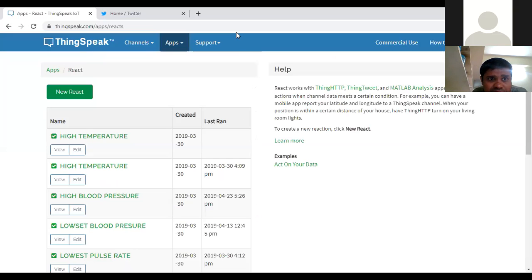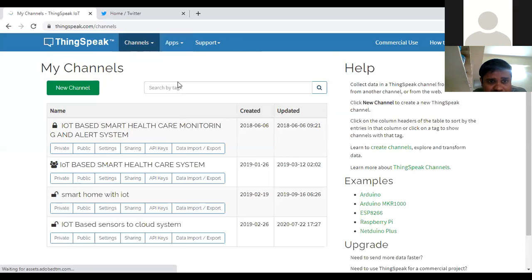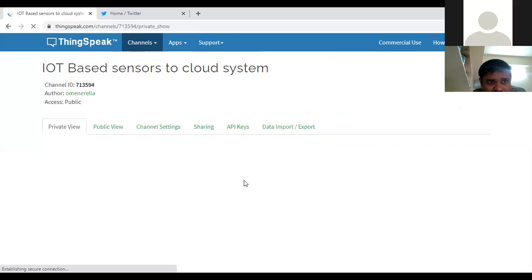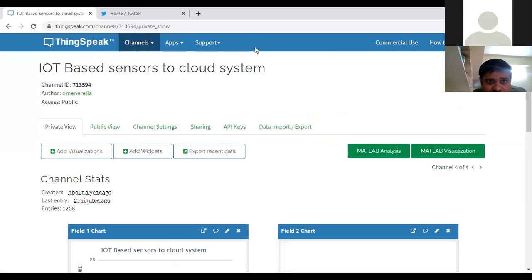Suppose, what is the temperature we are getting?